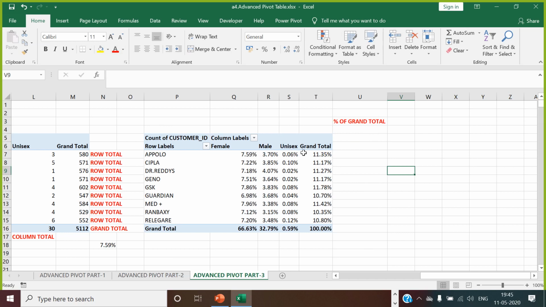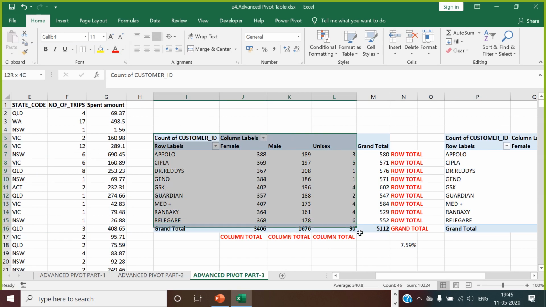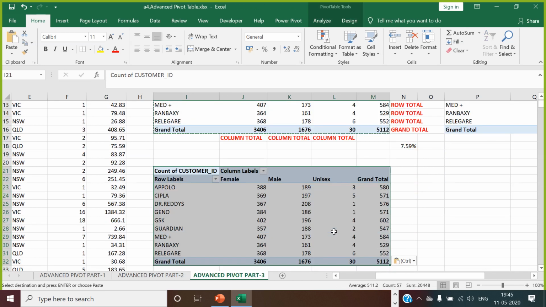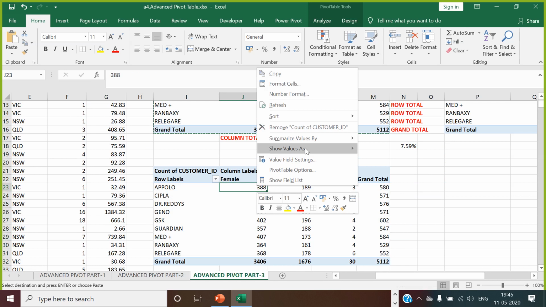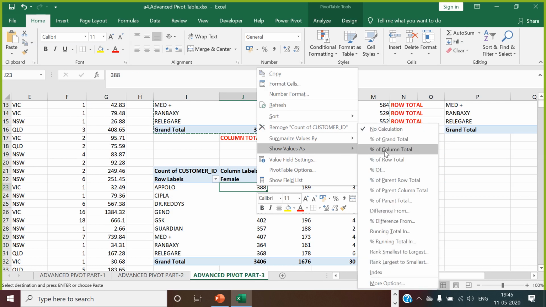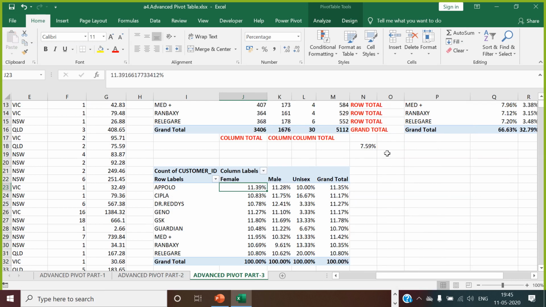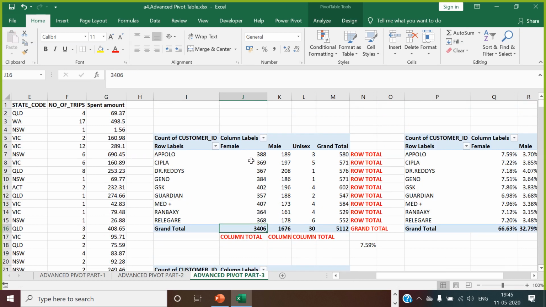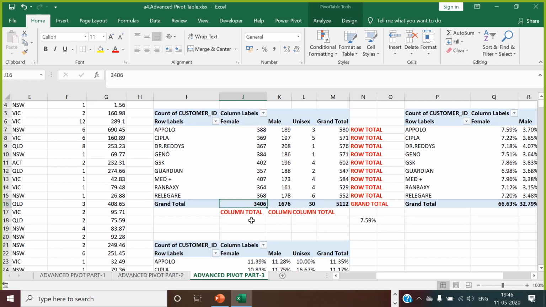Okay. So this is called percentage of the grand total. Same way, you copy this, paste it over here. You say show value as, there is an option called percentage of the column total. What does it mean? Considering this as your total of the column, Apollo female, what percentage is it of the total female customer base?